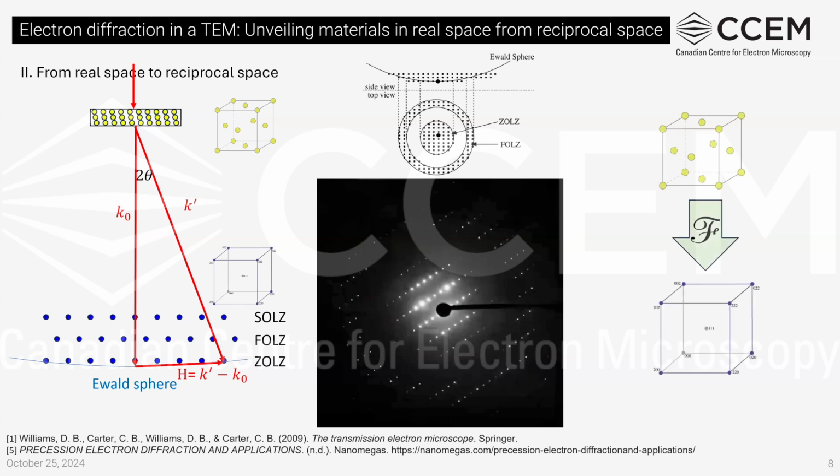And do you remember that we said the Fourier transform links the atoms in real space and the diffraction spots in reciprocal space? So if we tilt or rotate our sample in real space, its reciprocal lattice will rotate too. That means if we view the sample from different perspectives, if the electron beam comes in different directions, we will get different geometries on the diffractogram describing the same material.